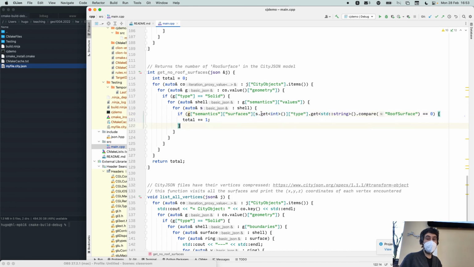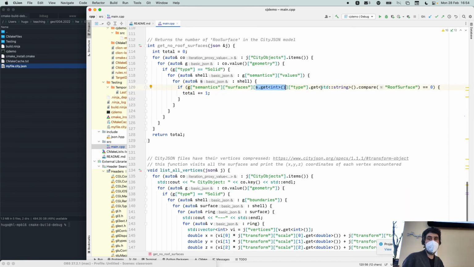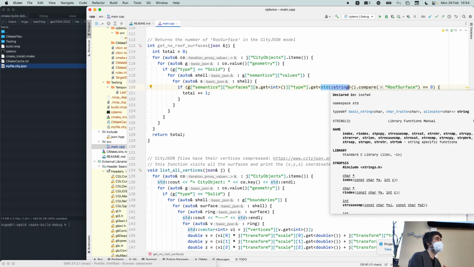So you need to tell the compiler what you get there, so this function s get, and then with the, I don't know how it's called, arrows, integer means that I know I have an integer, cast it to an integer. You know what is casting? I guess you know what is casting. So this is one way to cast something to an integer. And here I also say cast something else to a string. It's possible that you read something as a number, but you want to have it as a string, so you can say cast it as a string.